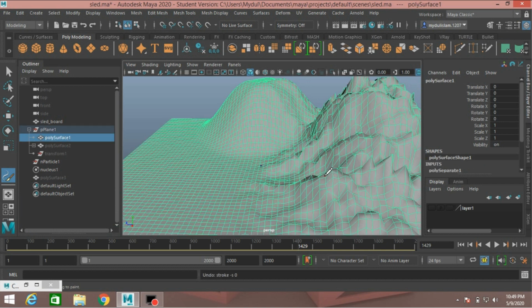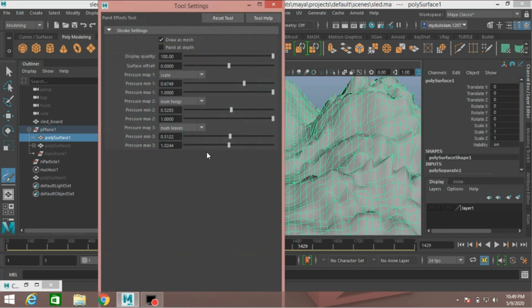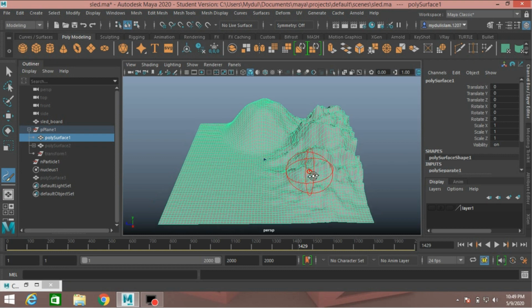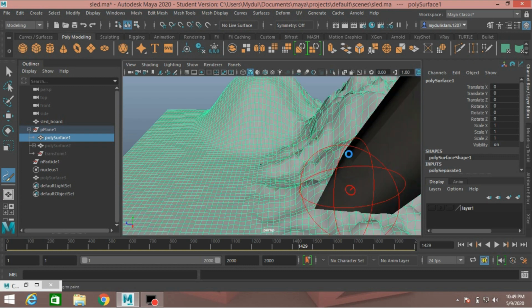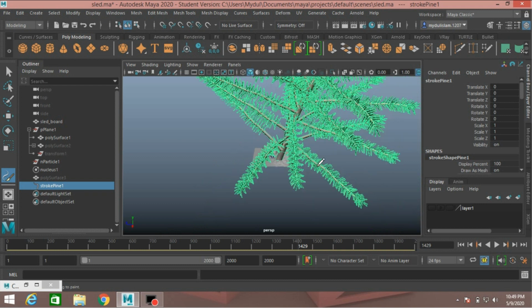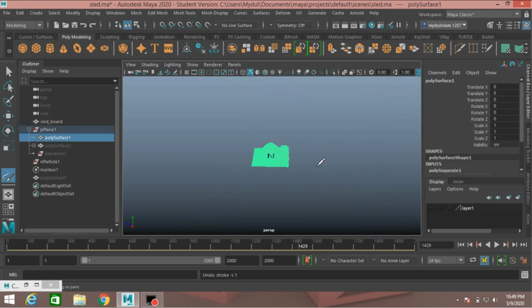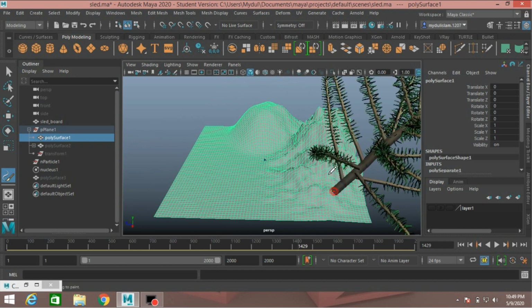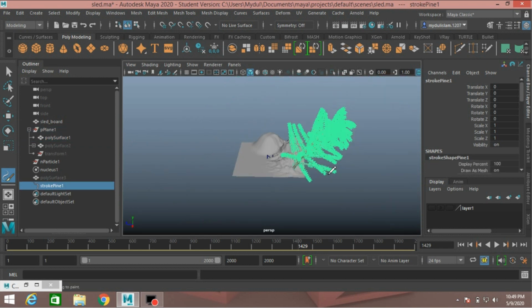Ctrl Z to undo. Press B and increase the scale size, tool size, and just click here and see. This is too large. Ctrl Z to undo. Press B to make it smaller. This is also too large. Ctrl Z to undo.